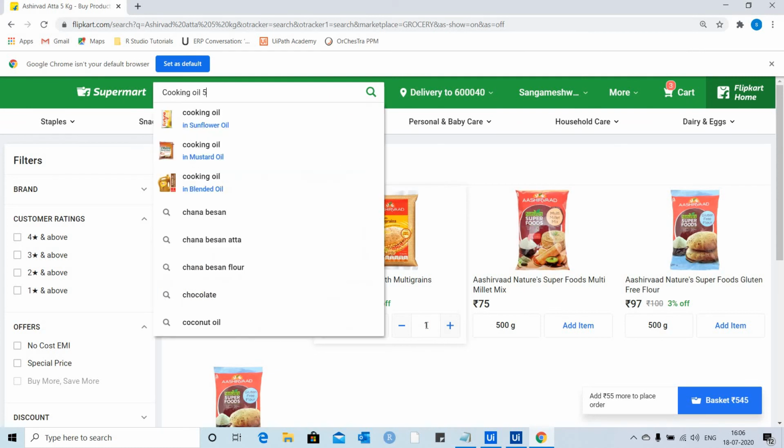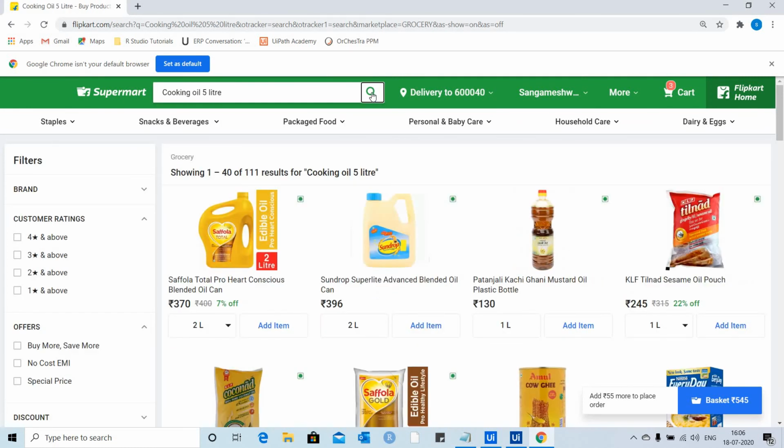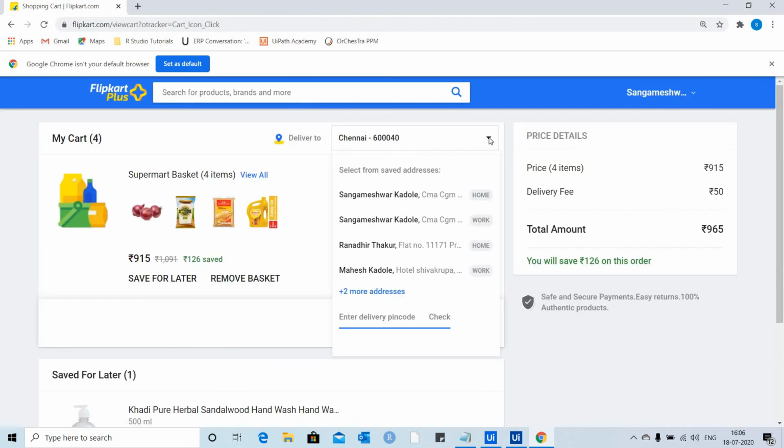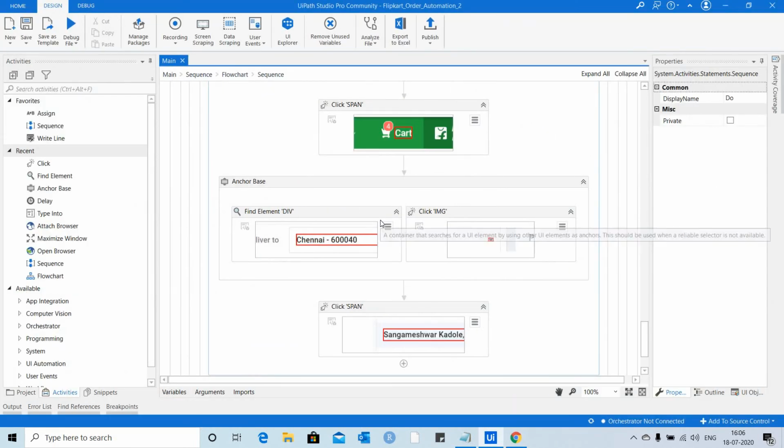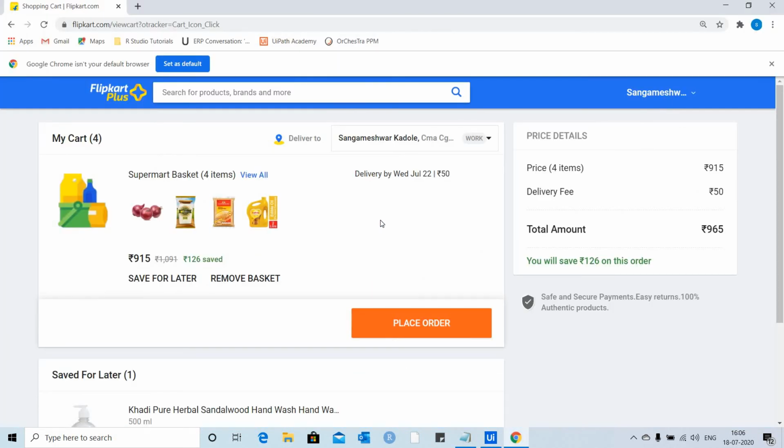So let's see next how it is added. So we are able to add the items. Fine. So friends, till here we are able to add the required items and change the address, and then the next task is to place the order.